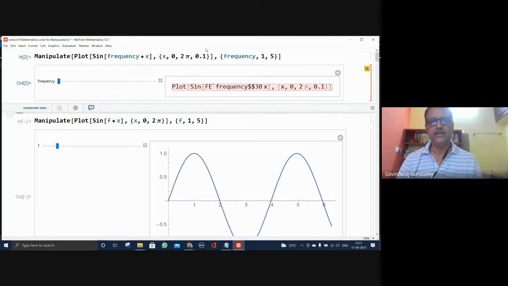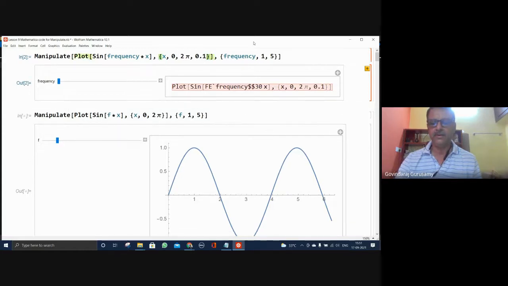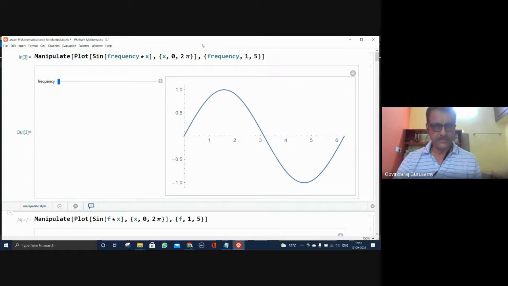What's happening? Why? It seems to be everything right now. X incremented by 0.1 steps, but it's not giving. So whenever you use a plot, you should have the initial value and the end value. No increments allowed, because depending on the functions, it automatically takes the number of points required from 2 pi to 0, and it plots this curve.